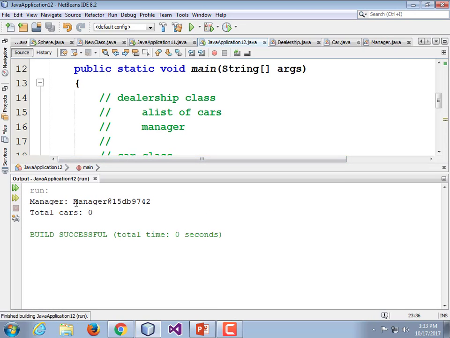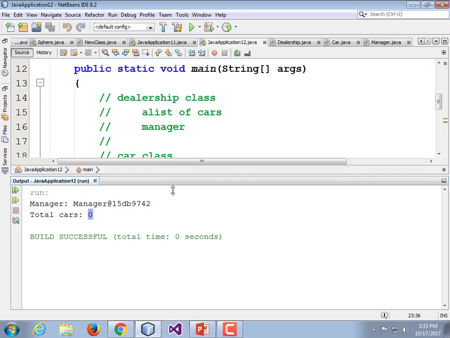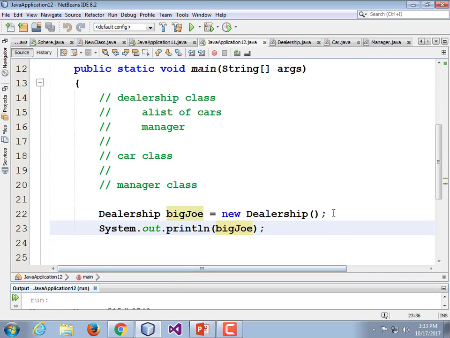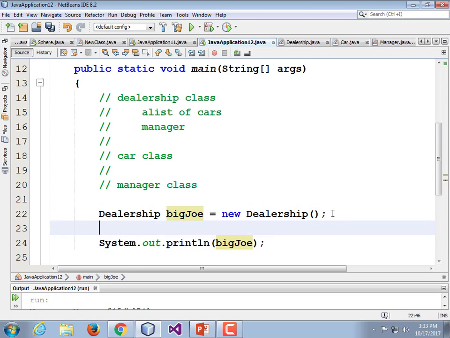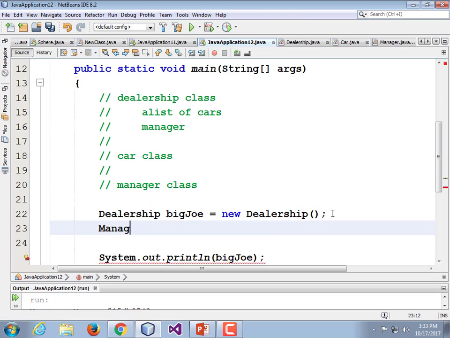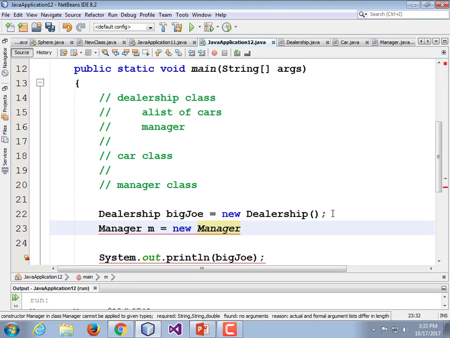All right, notice it's just printing out the address of the manager. That's because the manager class doesn't have a toString, and neither does cars. But it did know that we have 0 cars. So let's add a manager to it. So before our print line, manager m is equal to new manager,